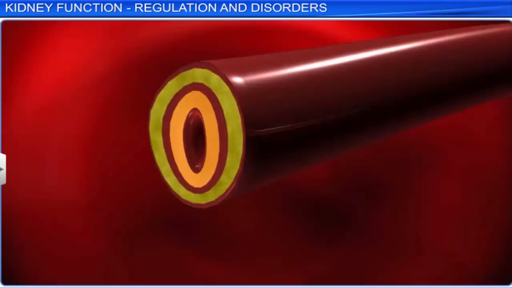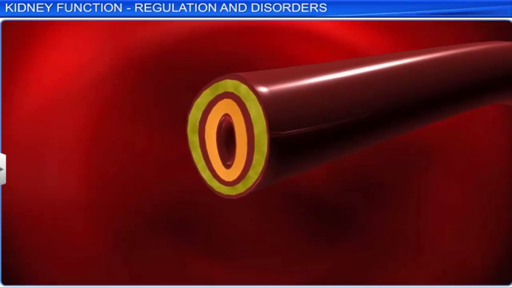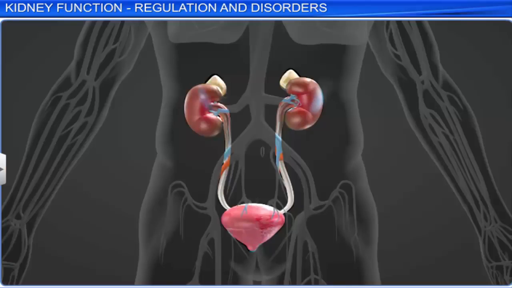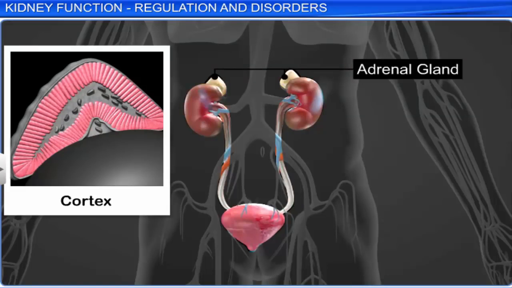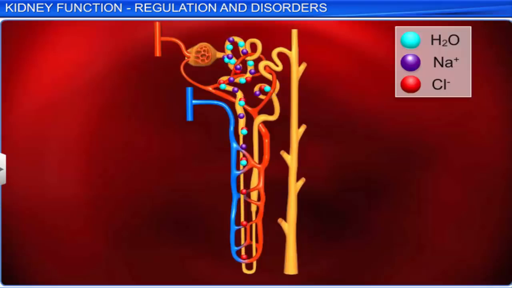Angiotensin 2, a powerful vasoconstrictor, constricts the blood vessels, thereby increasing blood pressure, which stimulates the cortex of the adrenal gland to secrete aldosterone. Aldosterone increases the reabsorption of sodium and water from the distal parts of the renal tubule, resulting in an increase in blood volume, which increases blood pressure and GFR. This complex mechanism is commonly known as the renin-angiotensin mechanism.